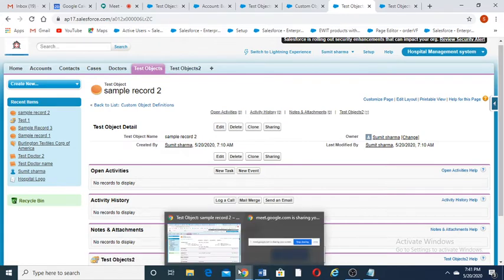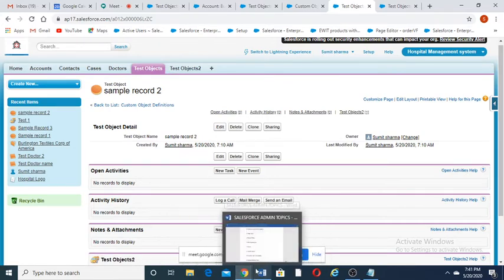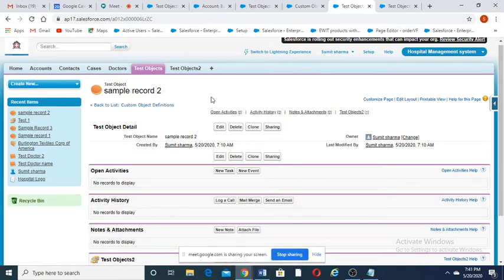Are you able to understand or any confusion? You can let me know. Shilpa and Suman, is it confusing? No, nothing. Shilpa, did you understand? Yeah, yeah. So we are connecting one to another, test objects to test objects. I'm connecting two objects, test object and test object two. And Sumit, tell me.